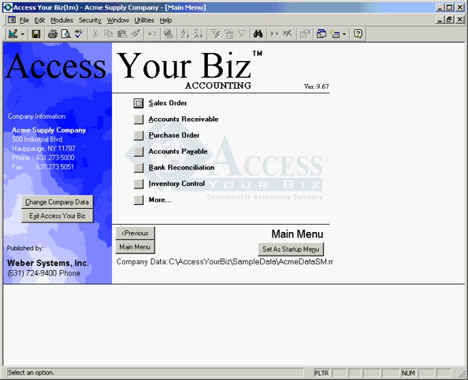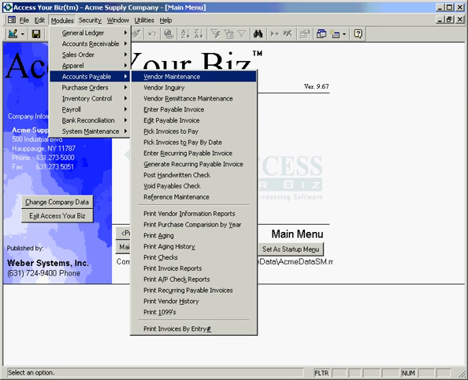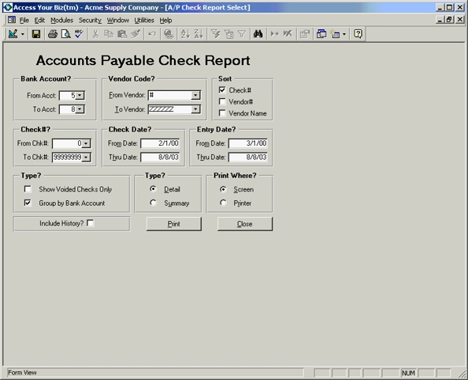The Accounts Payable Check Report feature is located under the Accounts Payable module, and the menu option is Print AP Check Reports. This is an extremely flexible report. It allows you to print the report in a number of different ways, and you can print it for a range